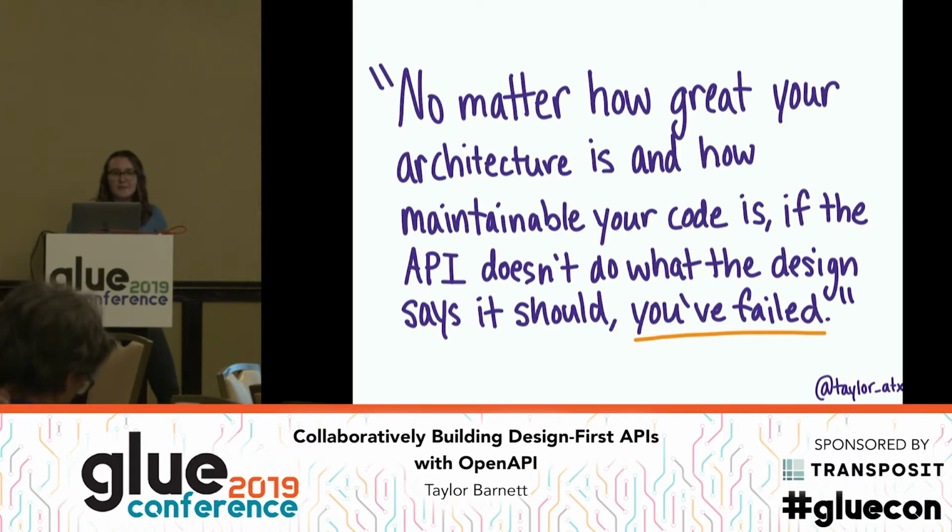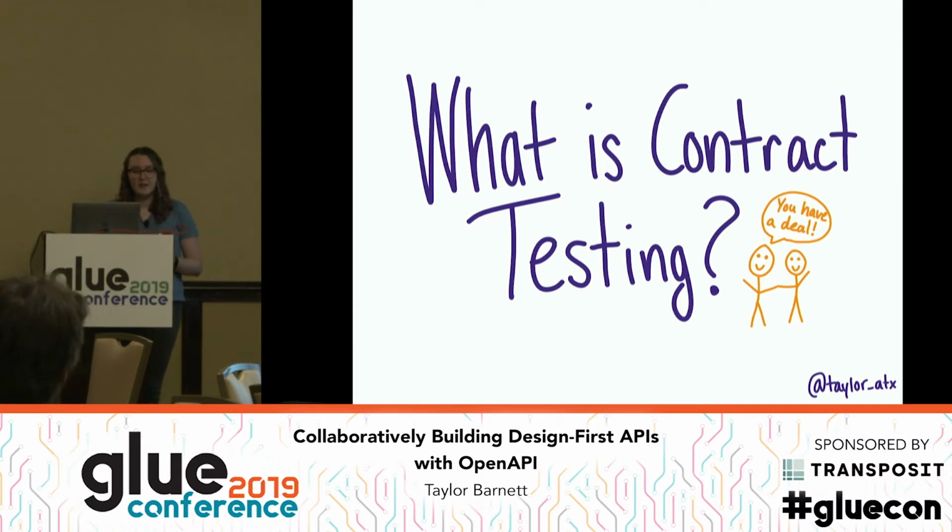So whenever you update your implementation, you need to make sure that it's matching with the interface, or vice versa, which kind of brings me to this idea of contract testing. So contract testing is writing tests to ensure the API implementation meets the requests and the responses and the data types that were described in the contract.